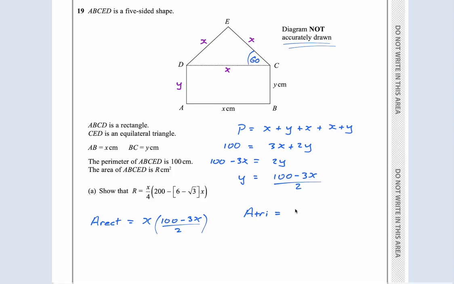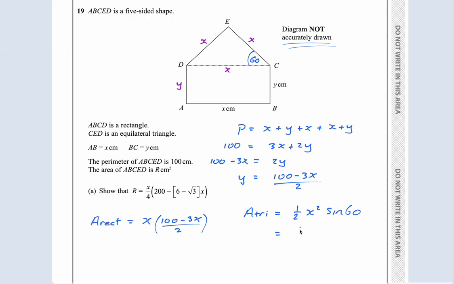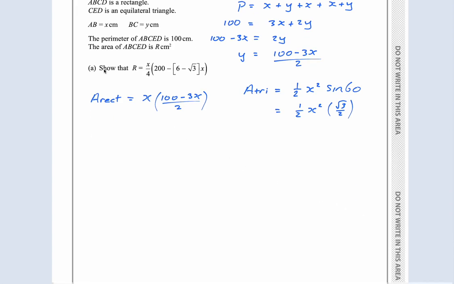The area of a triangle is a half AB sine C, which is a half x times x sine 60. X squared sine 60. And sine 60 is root 3 over 2. So this is equal to a half x squared times root 3 over 2. Okay, now I know, guys, that my area, R, because R is the area, is equal to this plus this. Okay, so it's x times 100 minus 3x over 2